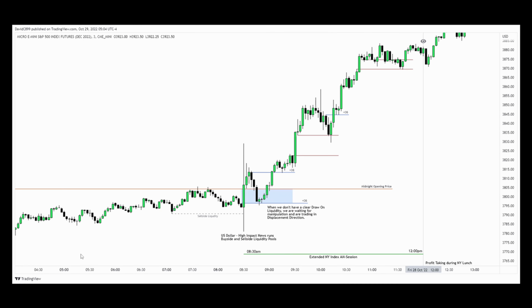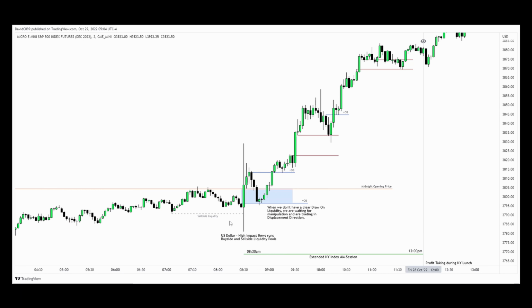This is Friday, the 3-minute chart for the E-Mini S&P500. 8:30, high impact news, GDP for the US dollar. We can see that here price raided the buy side liquidity and the sell side liquidity pool. And what is really important is